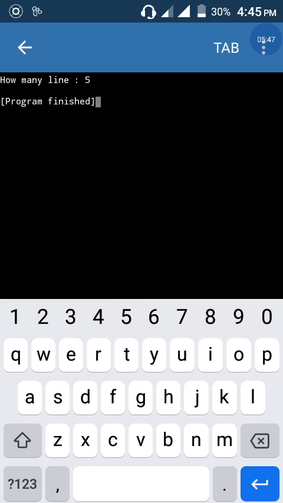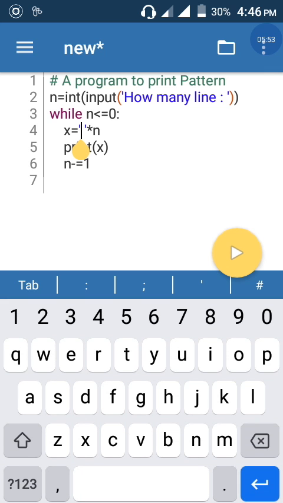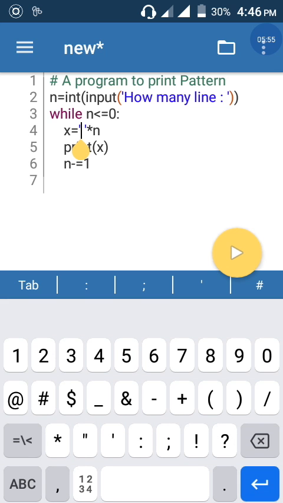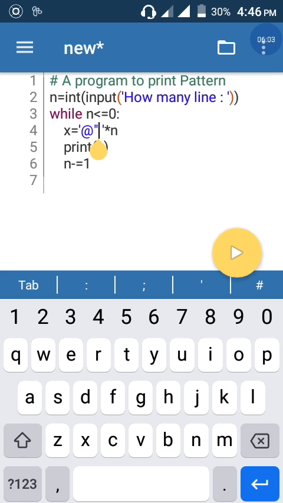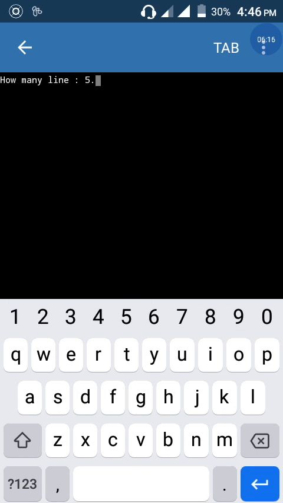5. No, why? Because I have not given the sign. Okay, then see this output. 5.